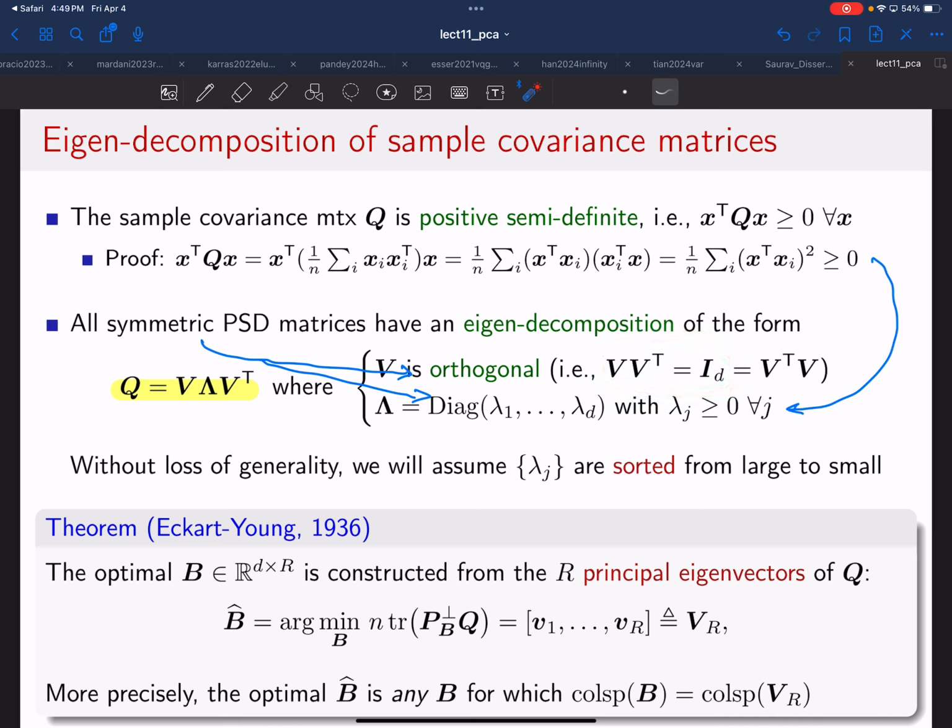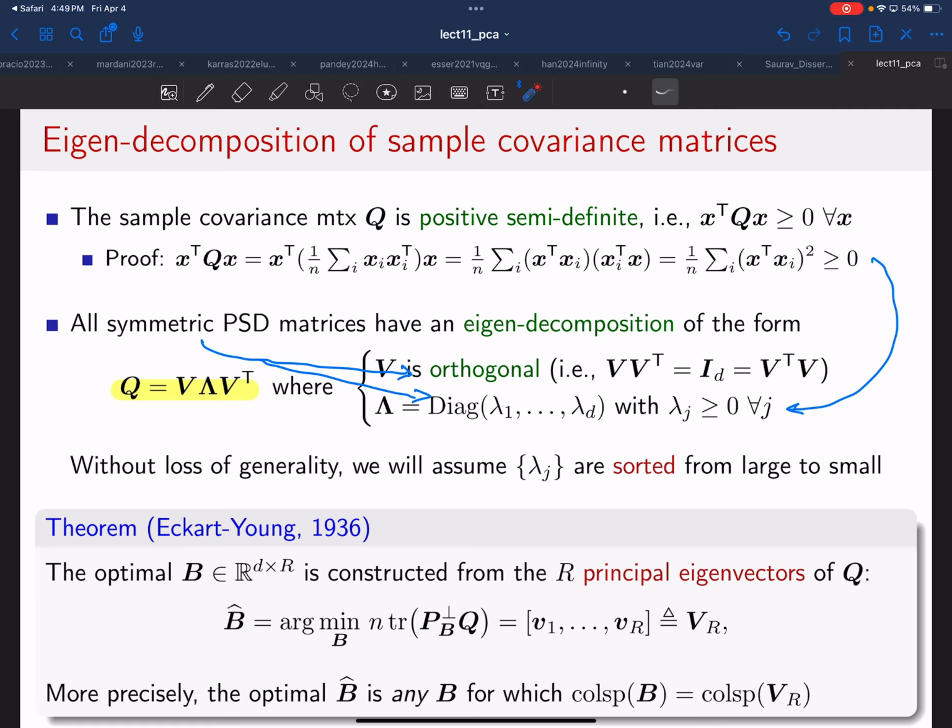So that's what's special about these V matrices. They're orthogonal matrices, and the diagonal ones are non-negative. Everybody good on these? Have you seen this before somewhere? Okay, great. And we're going to assume one other thing, which is that the lambda i's are sorted from large